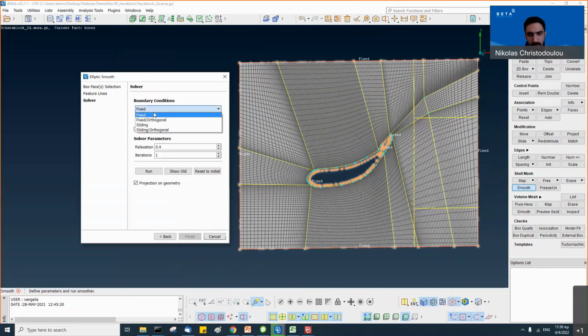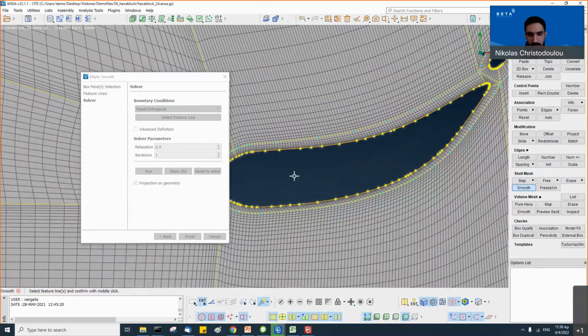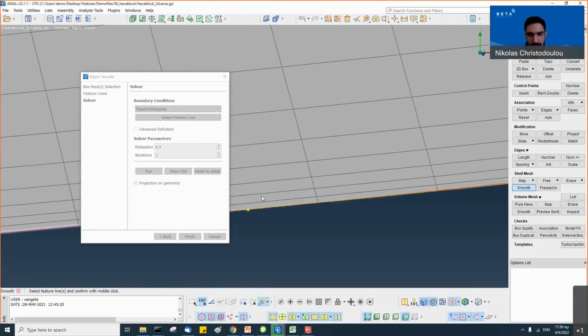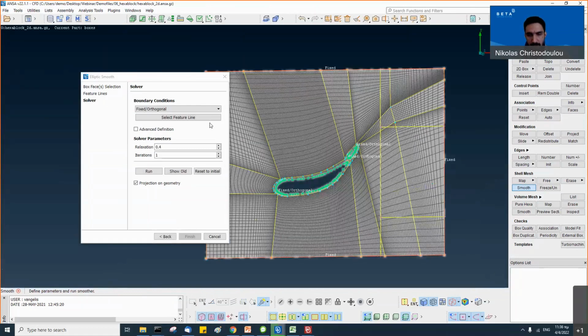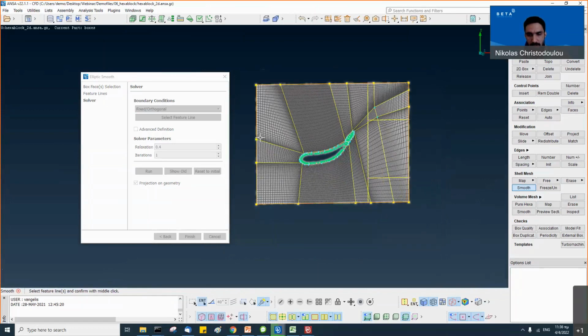So we could say that we want fixed or orthogonal boundary conditions on these airfoils. This means that the boxes will not move, but it will try to generate layers that are orthogonal to the feature lines. And we can also select now the rest feature lines that are outside of our domain.